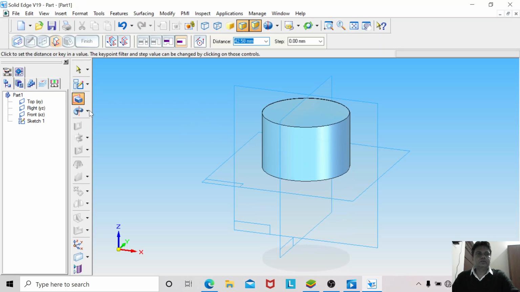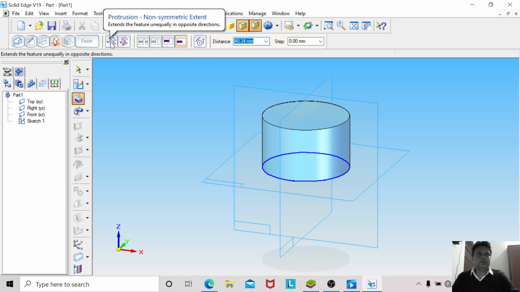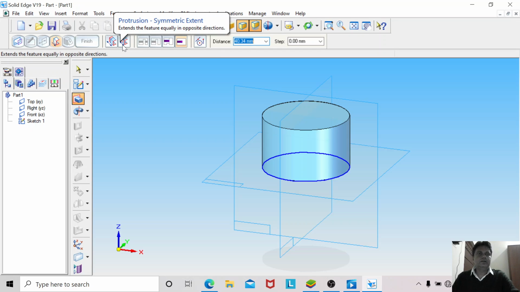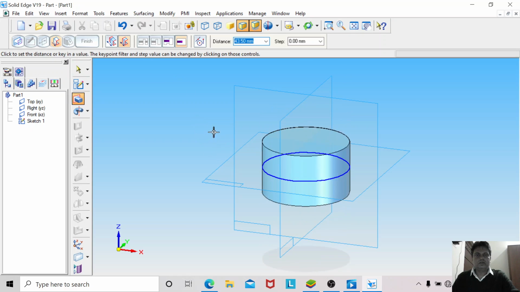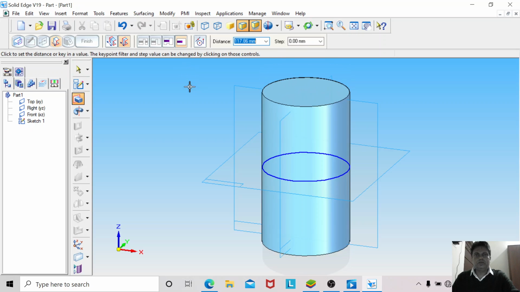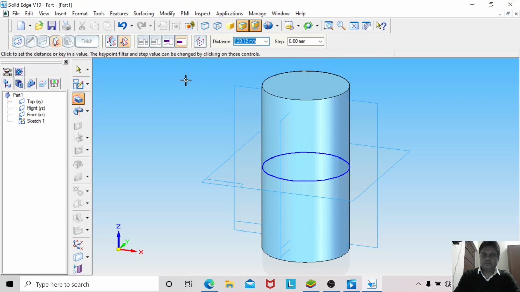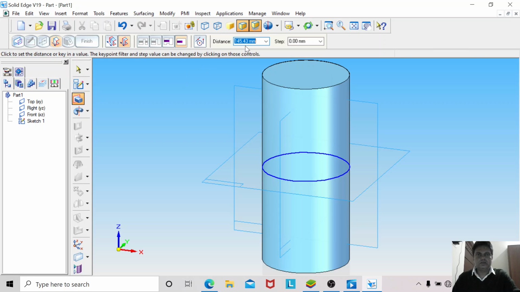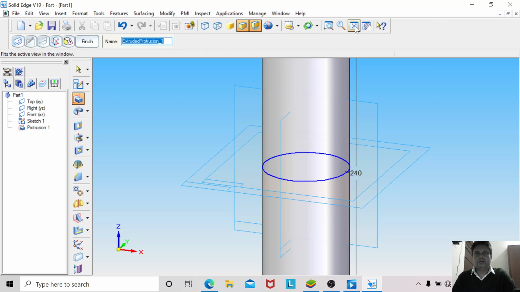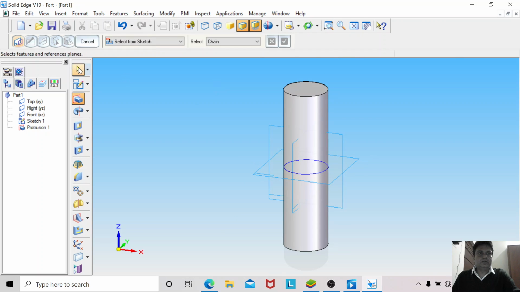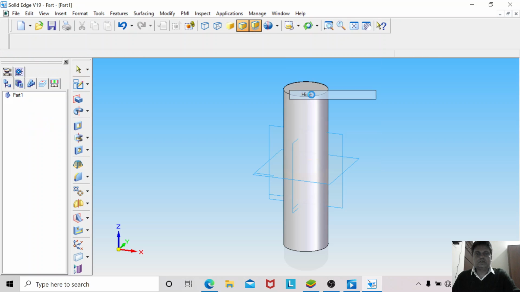So here once you click on this protrusion, numerous options will come. We will use them one by one as the situation arises. Here you just see this protrusion, symmetric extent. The moment I click on this, the material will be created symmetric to this plane, so equally it will distribute the material. In the distance command here, you just type 240 and fit it. You got the material that is required for this component. Just hide